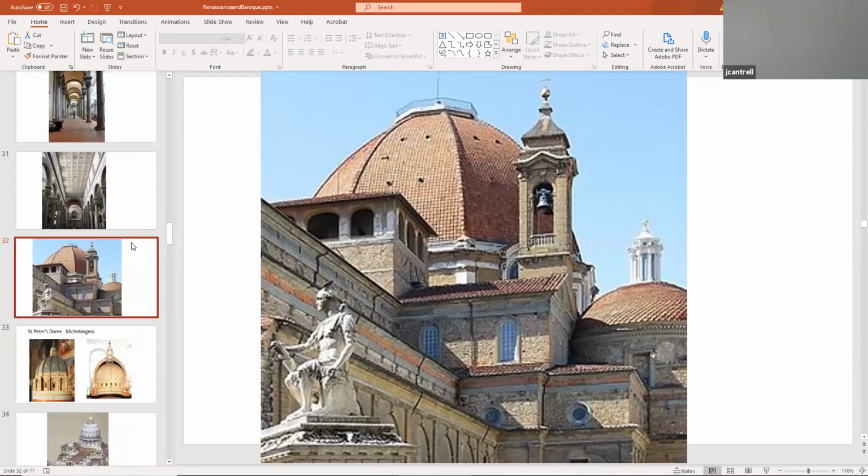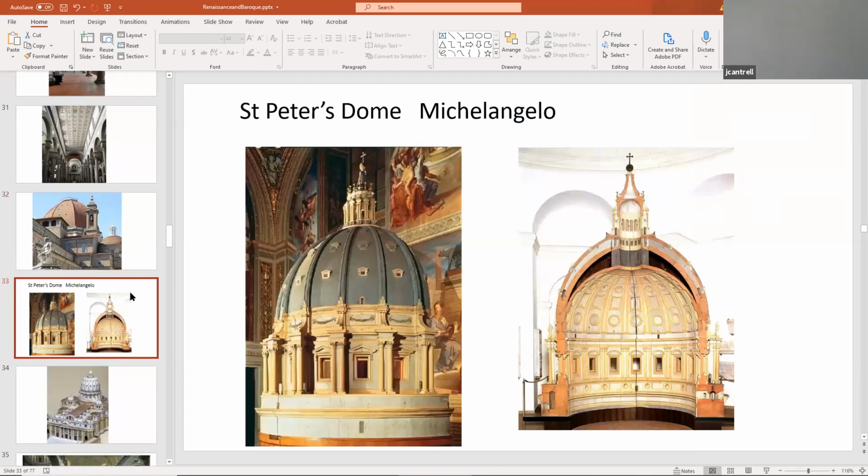Now, we're going to shift over to Michelangelo's dome. It's not quite as tall, but it is still an unbelievable structural marvel. I don't think it's quite as tall as the Brunelleschi dome in Florence, but it is still remarkable. Michelangelo is designing 3 shells, not 2. We see the inner shell, which is proportioned for the interior of the nave and the space. The 2 shells are scaled for the size of the dome, of course, in the Vatican.